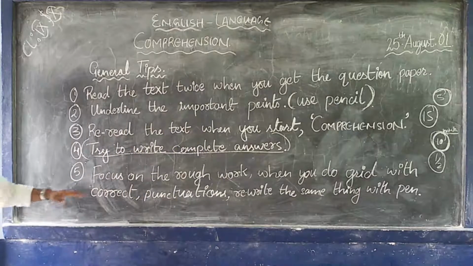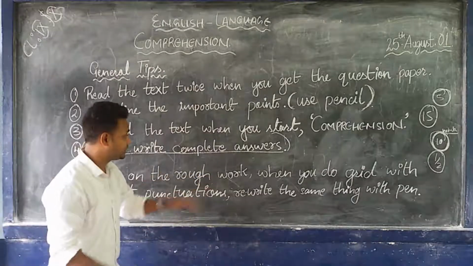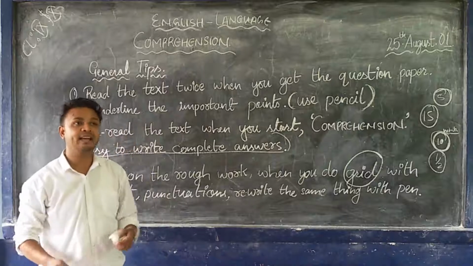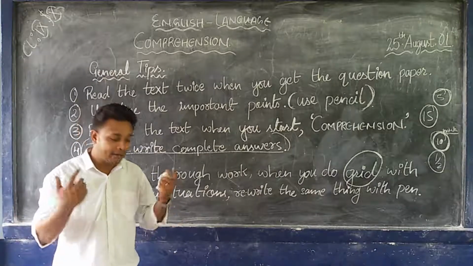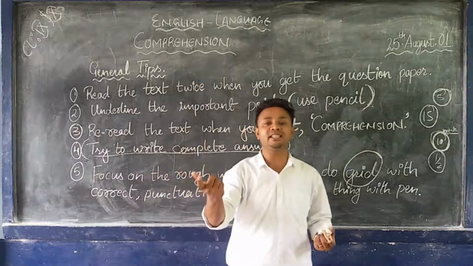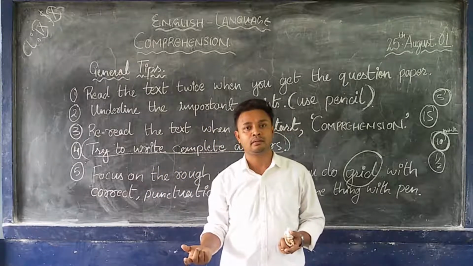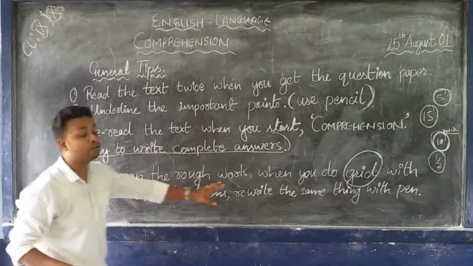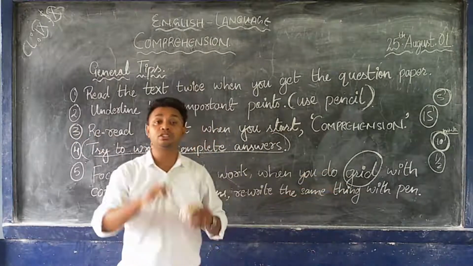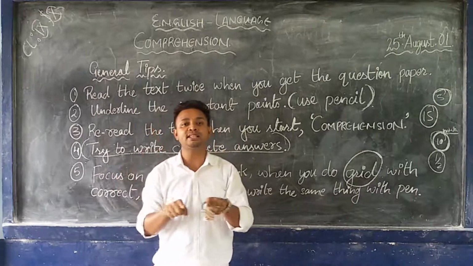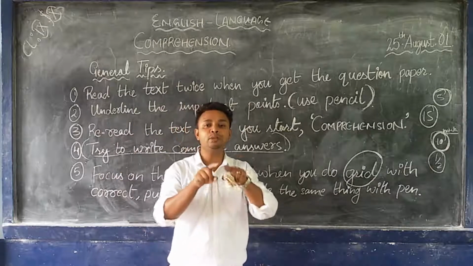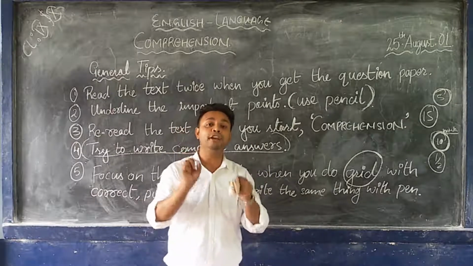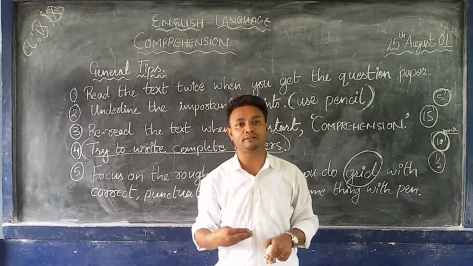Now the last part is focus on the rough work. This is especially I am talking about the grid. Many of you think that rough work is not important. And I have found many of our students straight away writing the fair work with the pen. When you are asked in not more than 50 words, never do that. So focus on the rough work when you do grid. Because there you can be very much precise about the word limit. You can be very much precise about the commas and the full stop and all the punctuation mark. You can be very much precise about how many sentences you have written.